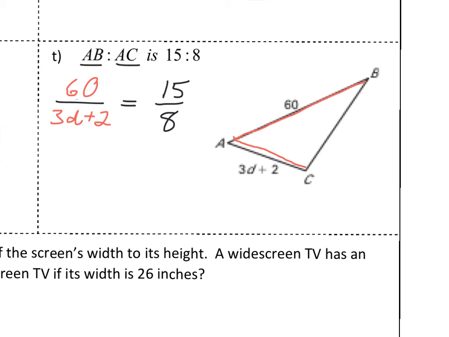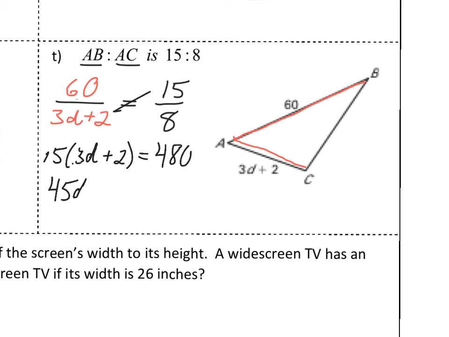Now that your proportion is set up, we can go through, cross multiply and solve. So we have 15 times 3D plus 2 equals 8 times 60, which is going to give me 480. Now when you distribute, it looks like we end up with 45D plus 30